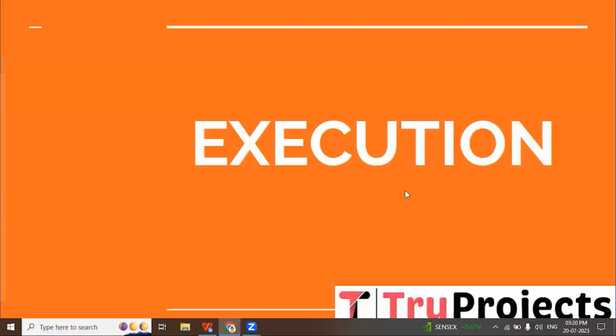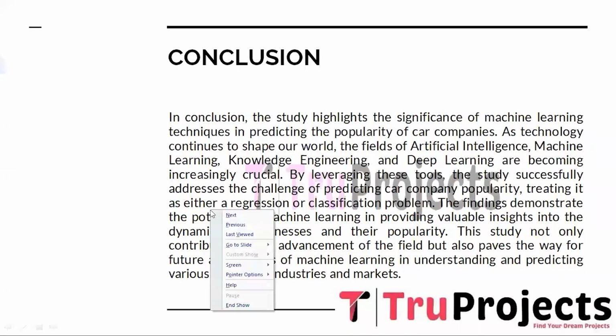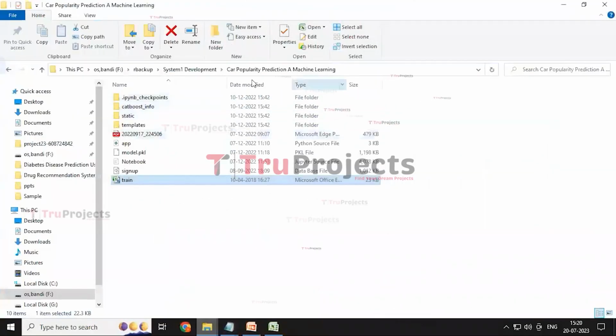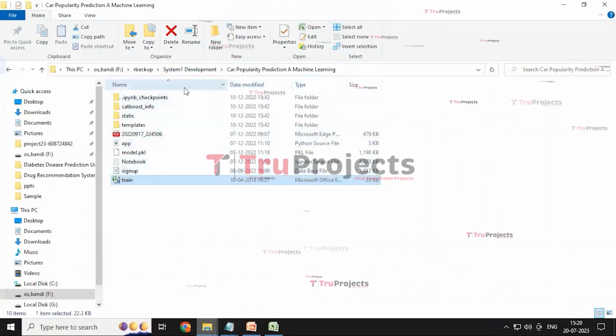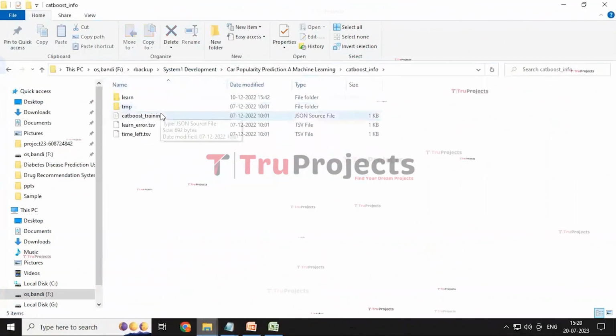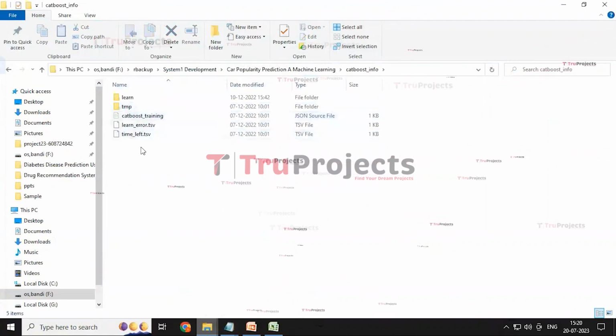The execution of the project. To execute the project, first we need to open the code folder. This is the code folder containing different files within it. The first one is the CatBoost training, which involves the